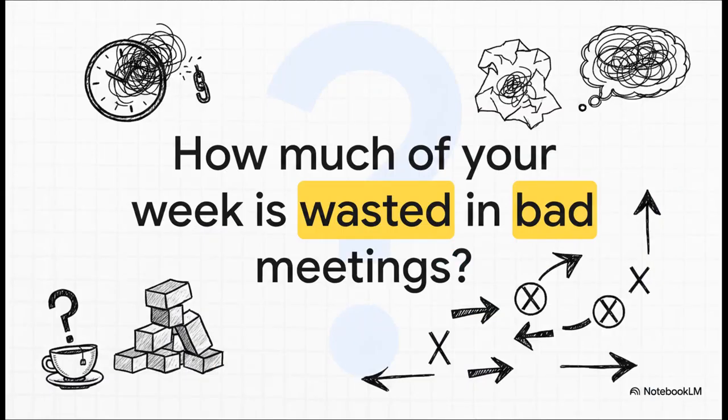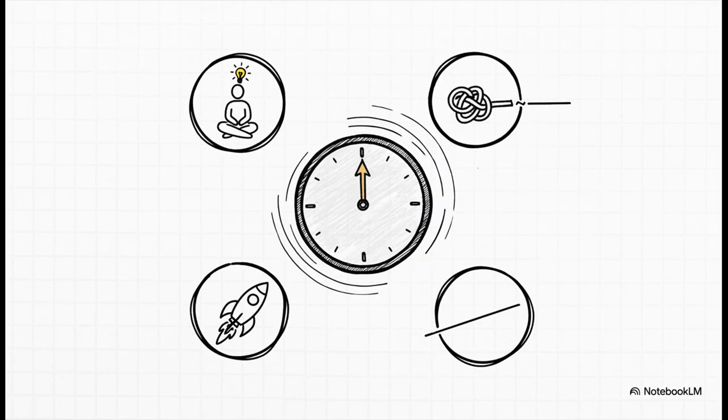No, really, take a second and think about it. If you were to add up all the hours you've spent in meetings that had no clear purpose, that ran way over time, or that ended without any clear actions, what would that number be? 5 hours? 10? Maybe even more? Exactly. Whatever your number is, the real answer is always the same. It's way too much. That is time you could have spent on actual work, solving real problems and actually moving projects forward. Today, we're going to learn how to reclaim every single one of those minutes.